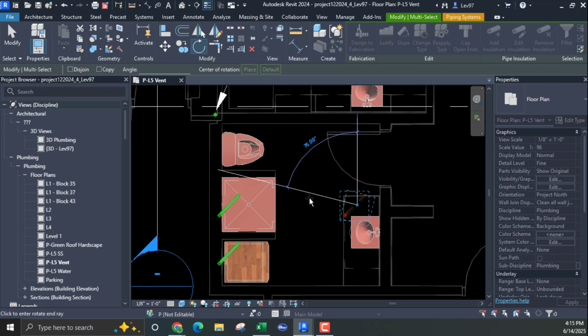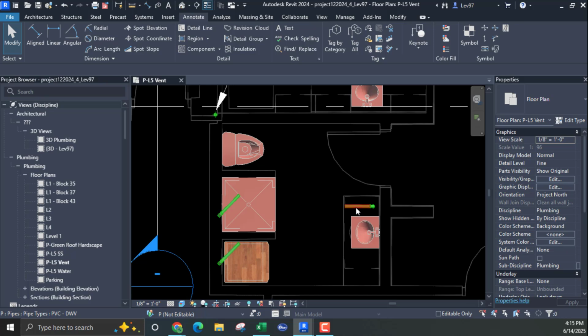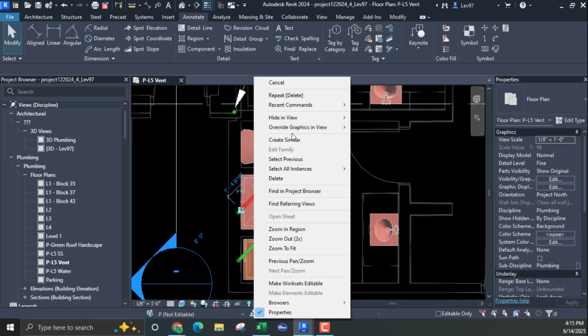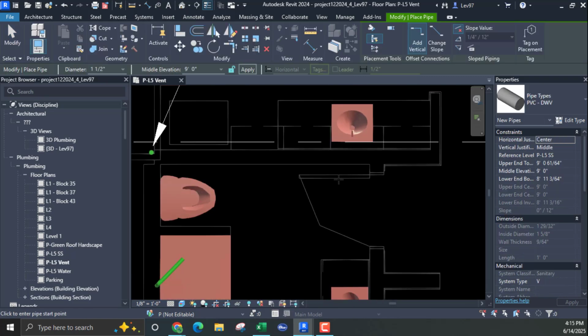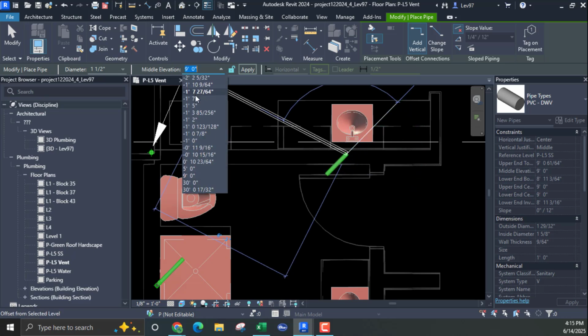Let's go here, and I think that might be 135. Oops, that didn't work. Okay, so I don't know. That might have worked. Let's just do create similar,